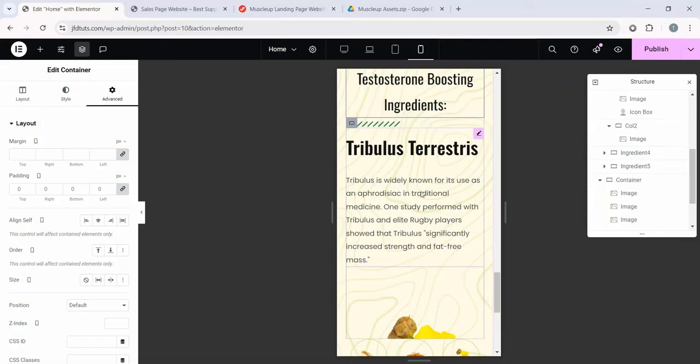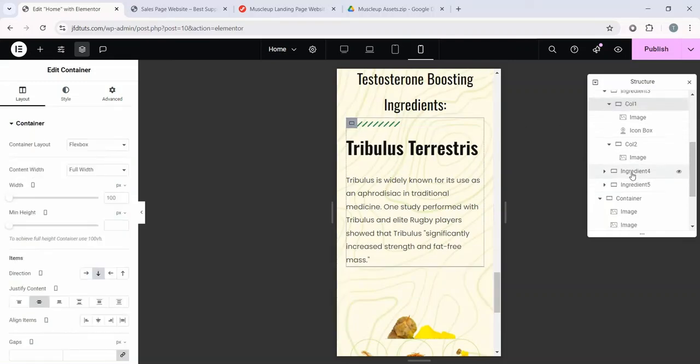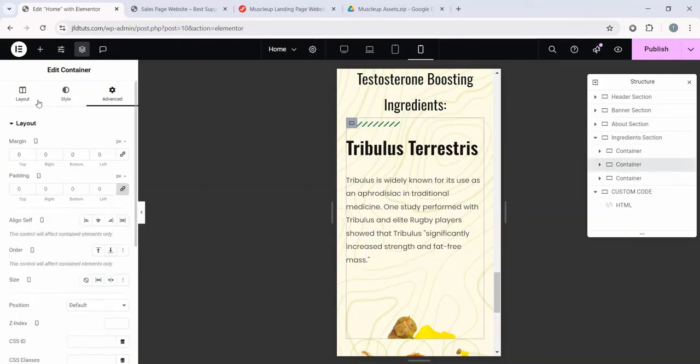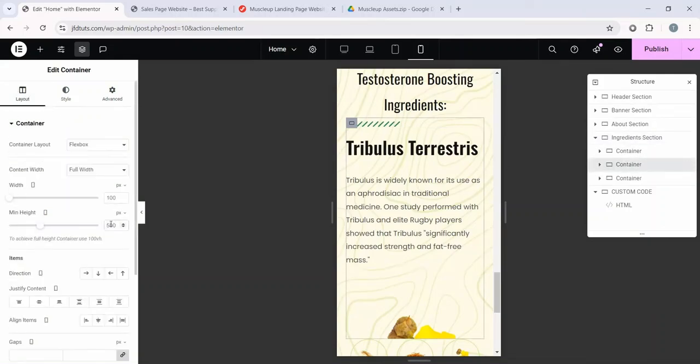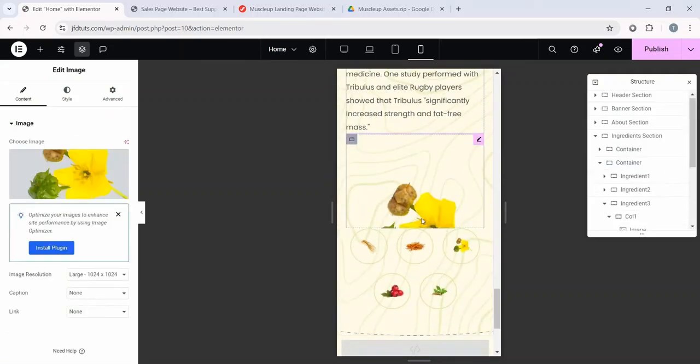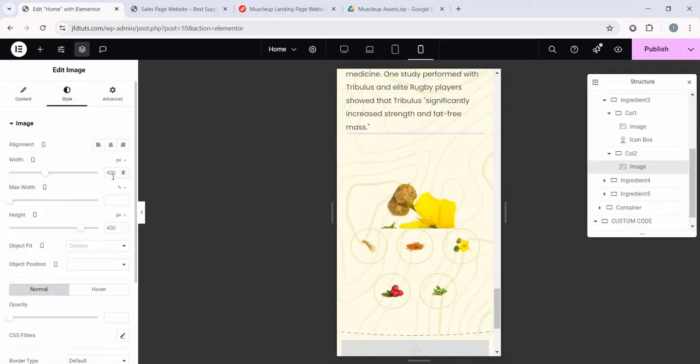So for that, first of all, I'm going to select this container, which is the second container under this ingredient section. So in here first, instead of the 500, we can increase it to 550. Then let's select this image widget, and in this style, let's make it